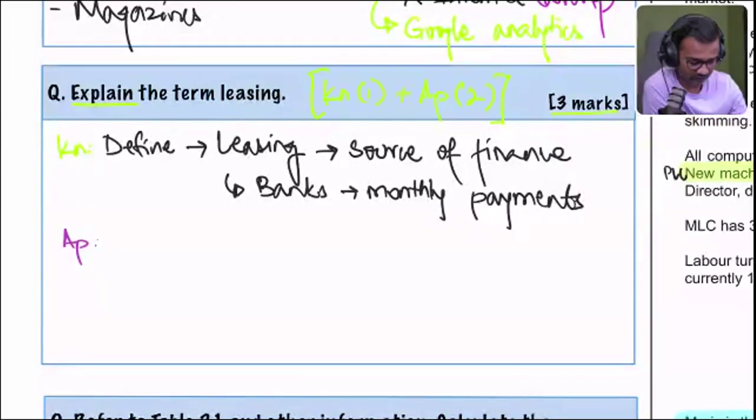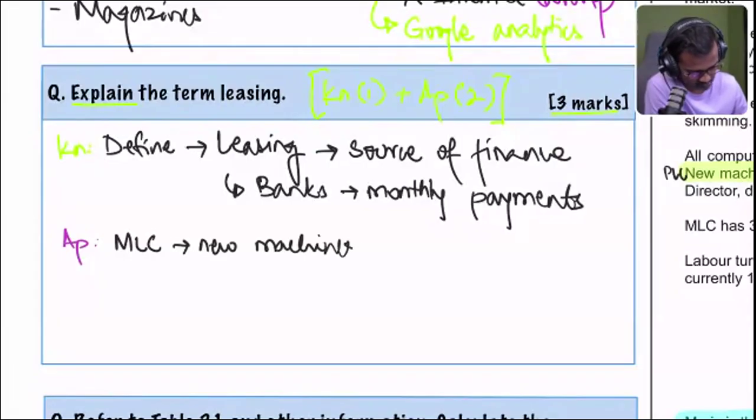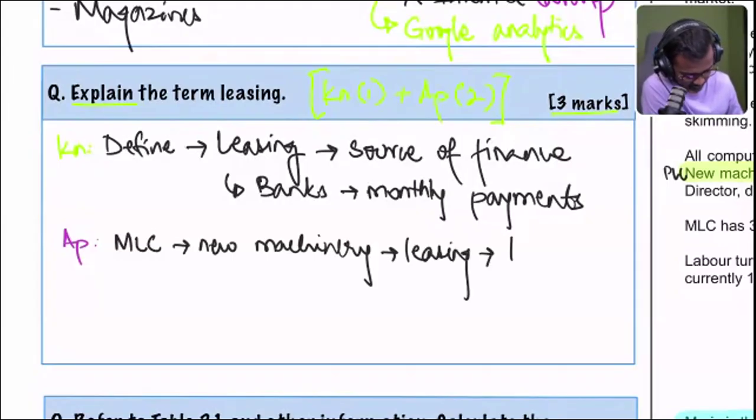So the choice is yours. Let me show you how it's done with the case, and obviously without the case, it's easy. So for example, if you were to mention MLC here, we would say that MLC needed new machinery, right? They went to a bank, they offered them leasing, which meant there was low initial cash outlay,